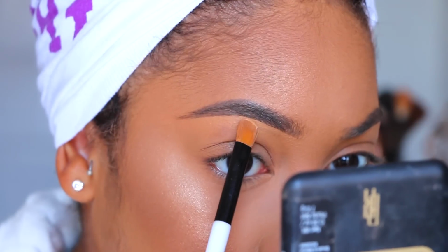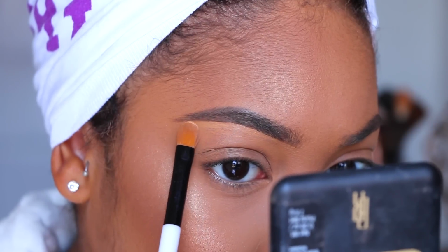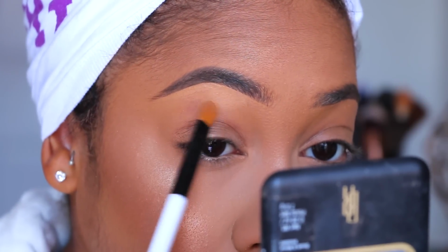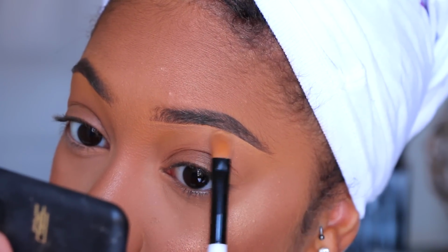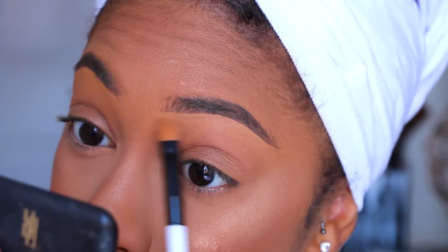I really don't like to do the whole concealer thing. Sometimes I do, sometimes I don't, but today I just chose to do the foundation and just clean up my eyebrows. Just keep it simple. And then I'm going to drag a little bit of the foundation all over the lid, just to kind of cancel out any redness or my skin to show through, so we can basically prep the eyes for our